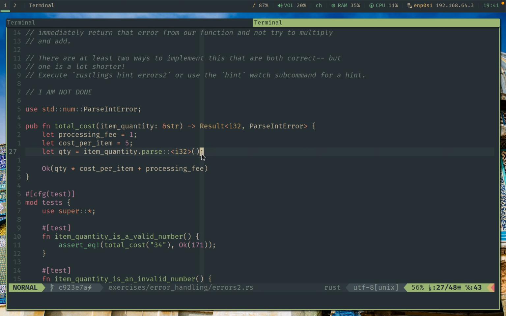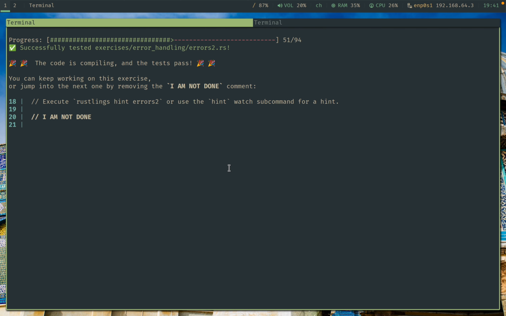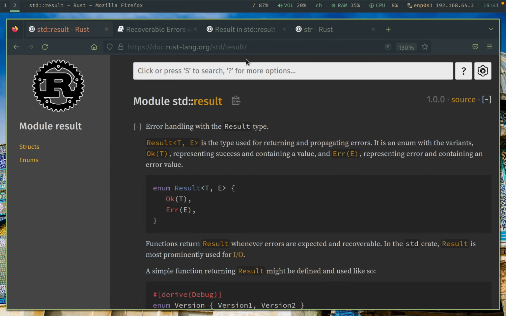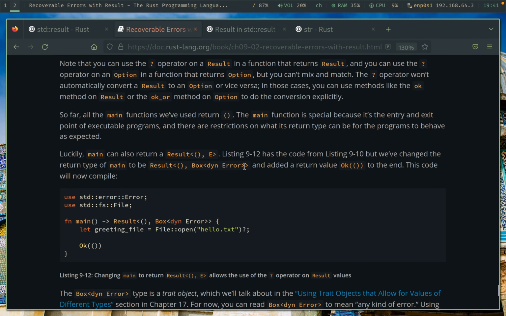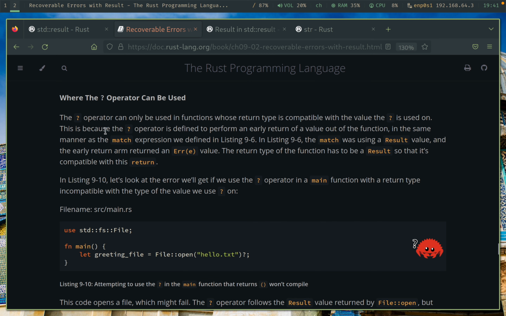And now the easy way really is just to add here a question mark, and it should compile. As you can see, it's compiling. This question mark I show you in the book. So this question mark over here, basically what this does is